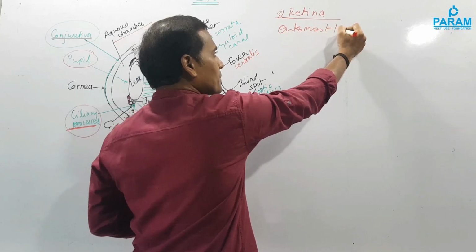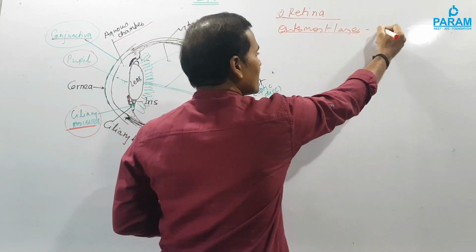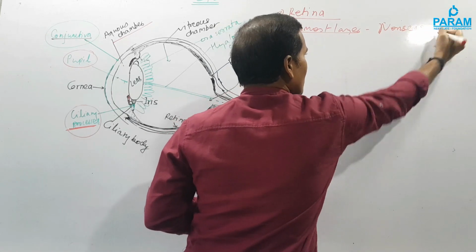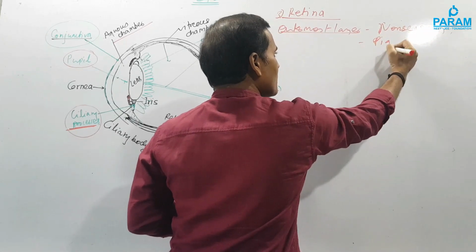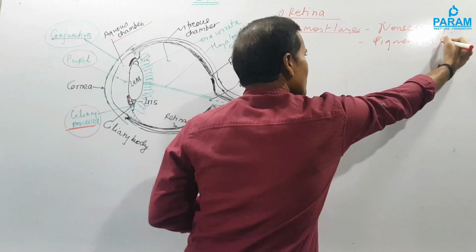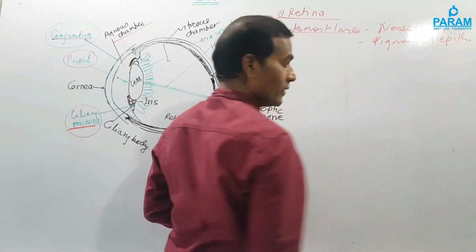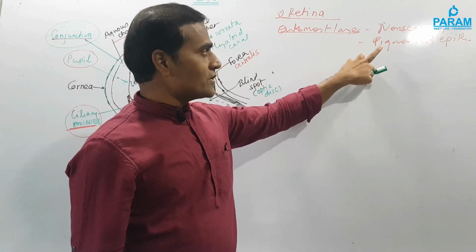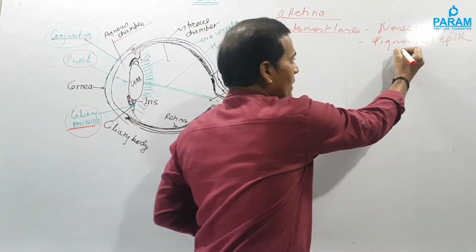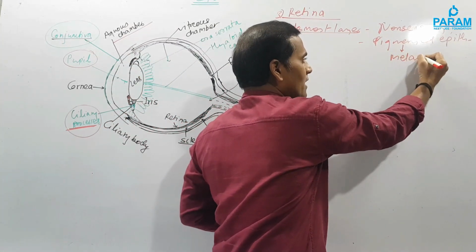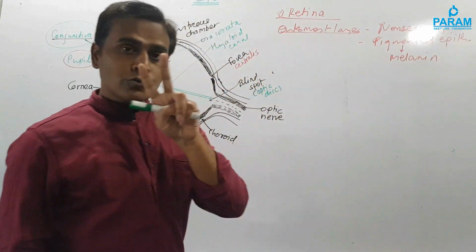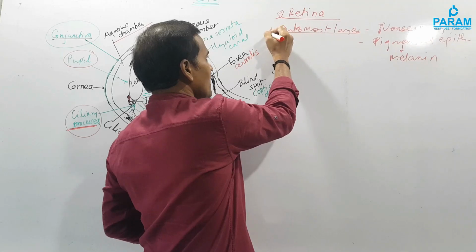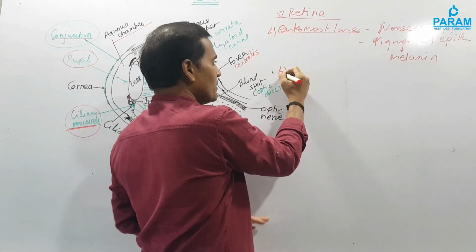Outermost layer, it is non-sensory, and which is made up of pigmented epithelium. Well, so the outermost layer of the retina is non-sensory in nature and pigmented, and the pigment present in this layer is melanin. Now, this is first, we will say it A, second layer B, and